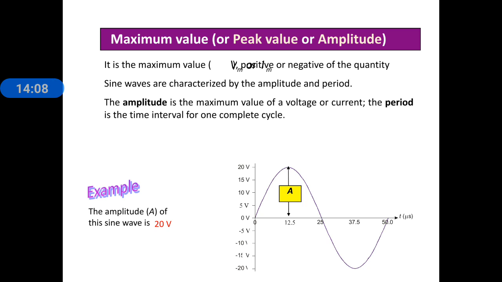So the maximum value occurs 2 times. One is on the positive side and another one is on the negative side. But the magnitude is the same, only the sign is different. One is positive, one is negative. But generally we are telling the positive side maximum value. Suppose for a problem the maximum value is given as 20 volt, it means the positive side maximum value is 20. Clear? The negative is also the same but minus 20. Minus 20 is a negative peak, positive peak is positive 20 volt.